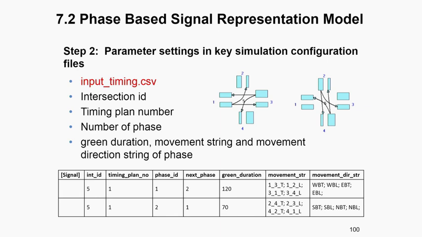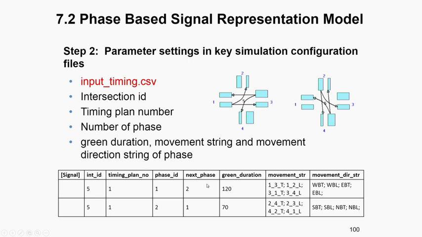phases into our structure. So in this input timing.csv file, you have intersection ID, timing plan number, phase number. This is phase number 1, phase number 2. If you use a European Union standard, you can specify the next phase to show the phase transition sequence during a cycle. You can also use the NEMA standard in the United States. If you put -1 in the next phase, then we use the NEMA standard to generate the phasing